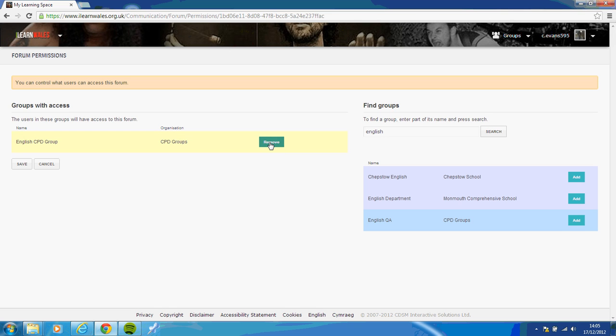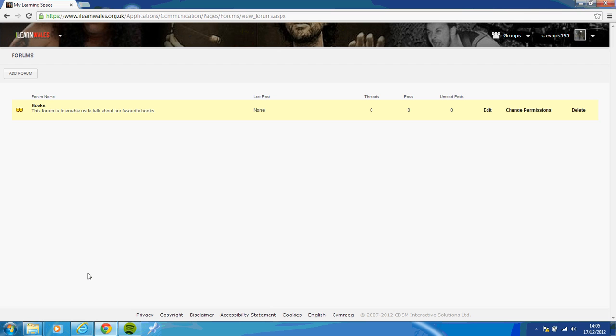Okay, if I change my mind, I can click remove and change the group, but obviously I want them in my forum, so I'll click save. Okay, and they've got access to that forum now. So if I click on books,